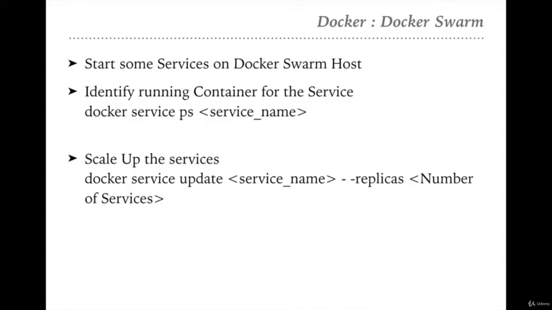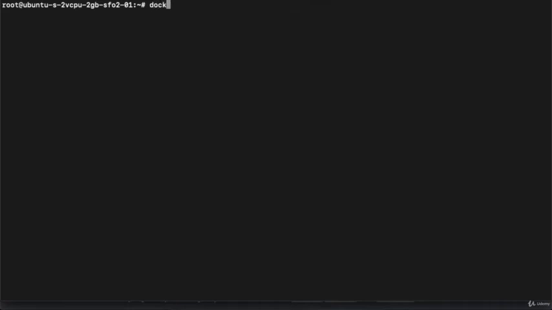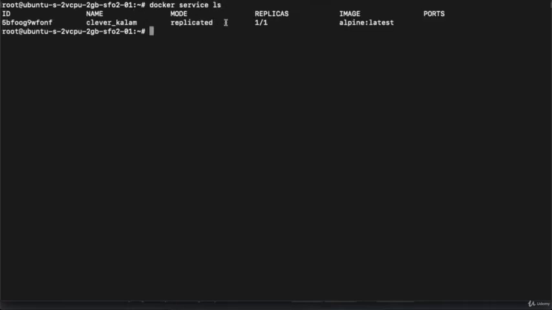So let's go to the terminal again, clear out my console, execute a command docker service ls. So right now you can see we are just executing a single replica. Now suppose I want to update this service and I want to create more replicas. I want to execute 4 replicas of this particular service.